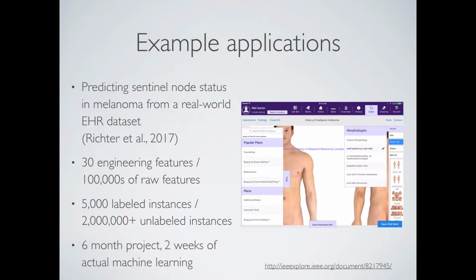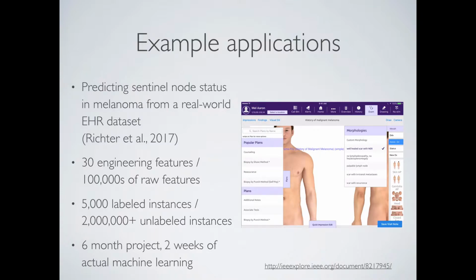Basically, once a patient gets diagnosed with melanoma, there's a chance that that melanoma has spread to a lymph node. It could be that it's just localized to the skin. If you excise the tumor, the patient's good to go, and then there's no more melanoma. But if the melanoma has spread, the first place it's going to go is to the nearest lymph node. So I was building a model to try to predict the risk of that lymph node metastasis, which is what that's called. There's a biopsy that can be done on the lymph node to do that, but basically this model would help guide the physician in determining if that lymph node biopsy is even necessary.